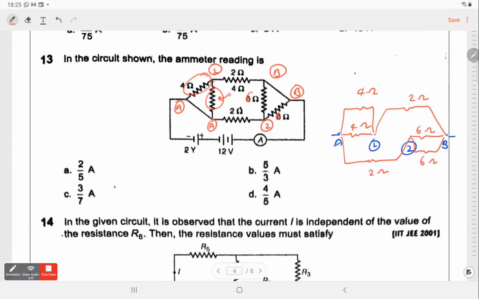It's a normal circuit. 6 and 6 in parallel gives 3, 3 plus 2 is 5. And 5 and 4 are in parallel, and then we'll find out the current given by the battery. You have to check because there are two different batteries connected. So what will be the total potential? Total EMF is 12 plus 2, 14. So V will be 14 volt, and we'll use the R equivalent that we calculated.